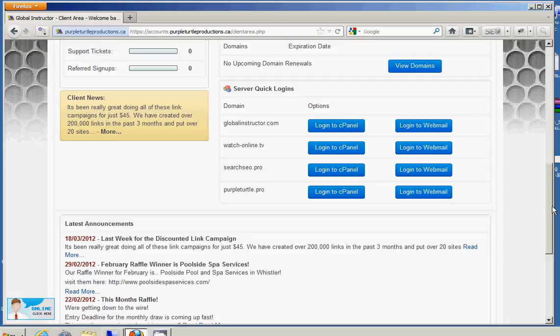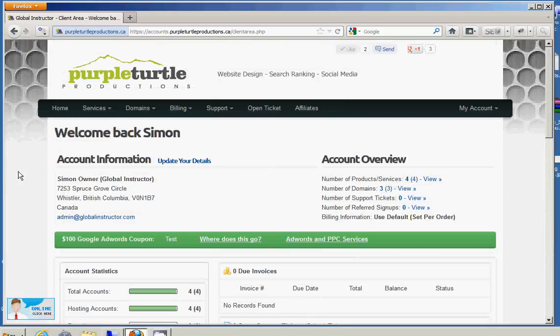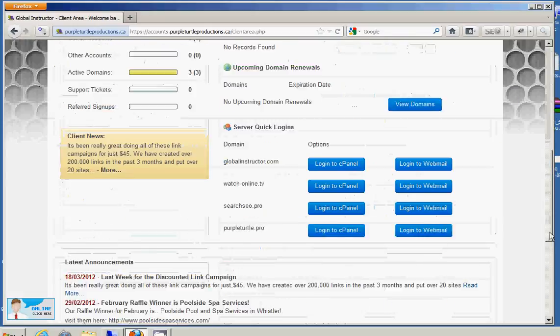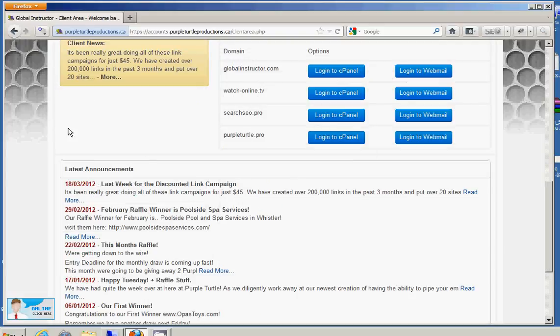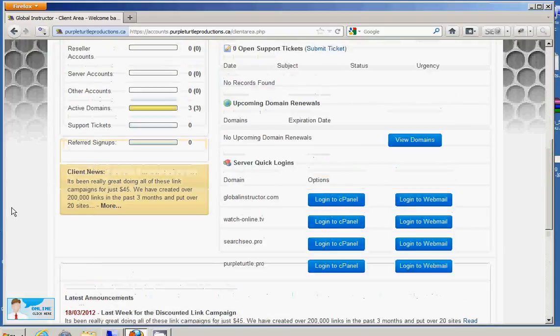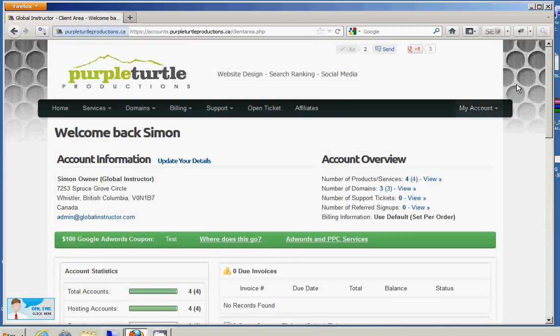So there's two accounts. Most people, I have an infinite amount. I've got 4 different accounts on here, and each one of them have like 4 or 5 different cPanel logins. So in a situation like mine, this is where this really comes in handy. But just remember, all you have to remember is the email that you used when you registered and the password that you used. And should you ever forget your password,